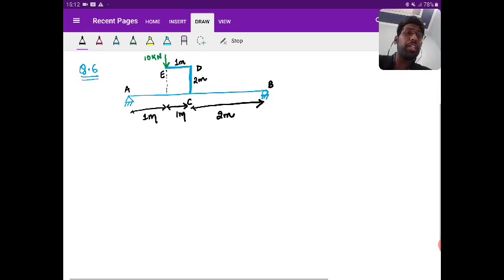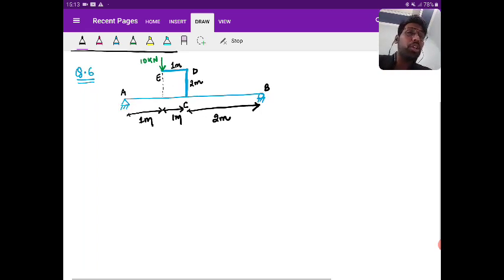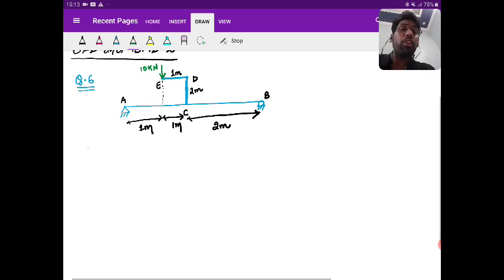So see here. Now you can see that a beam is attached to a cantilever frame. CDB is a cantilever frame. So first of all, to find the support reaction, you need to transfer the load from E to C, that means to the point C where the frame is attached to the beam. For that, we will again draw the free body diagram, because we know we are dealing with an equilibrium body.